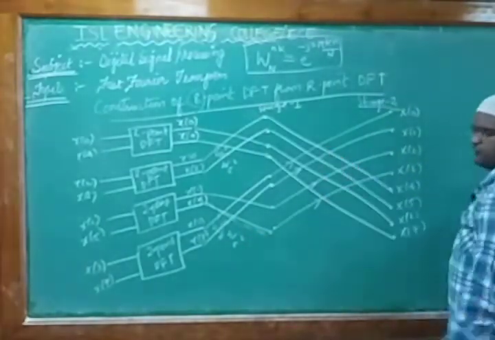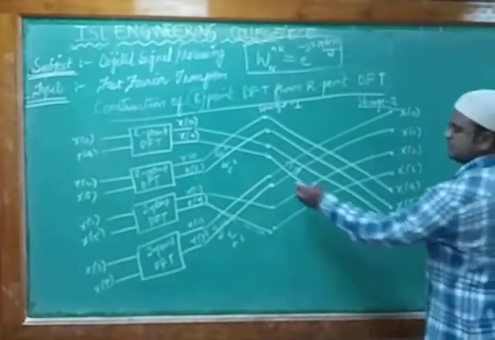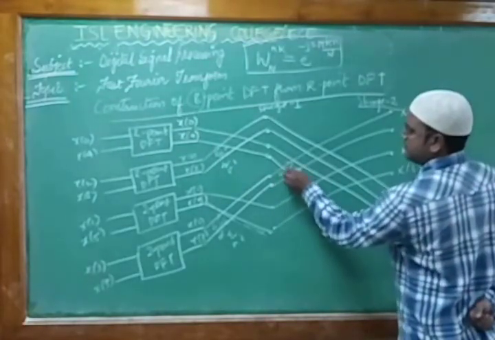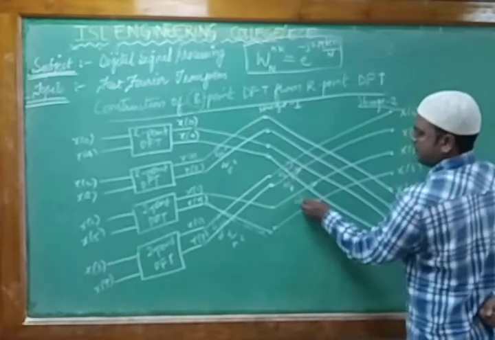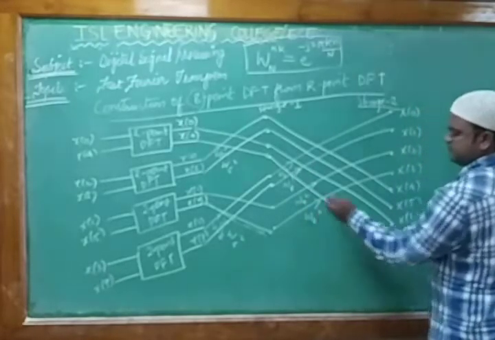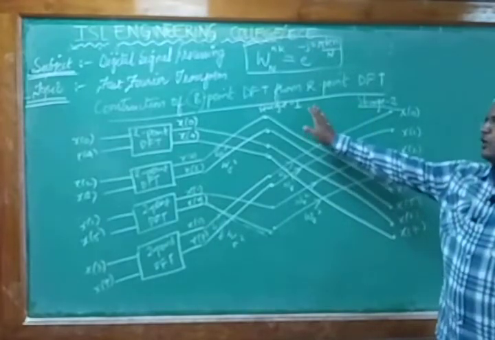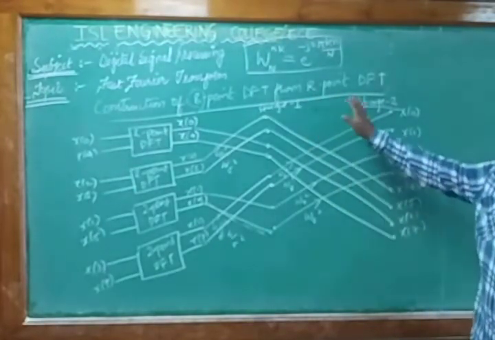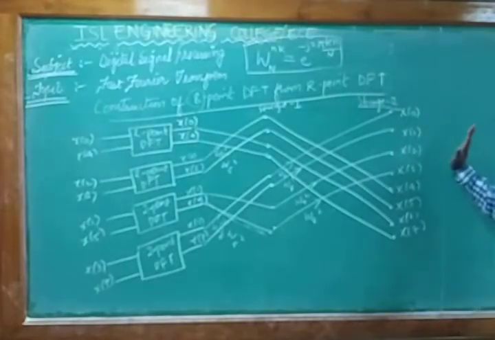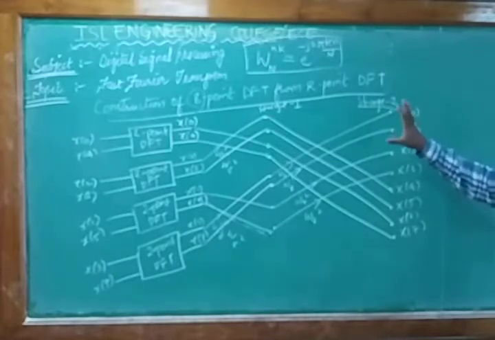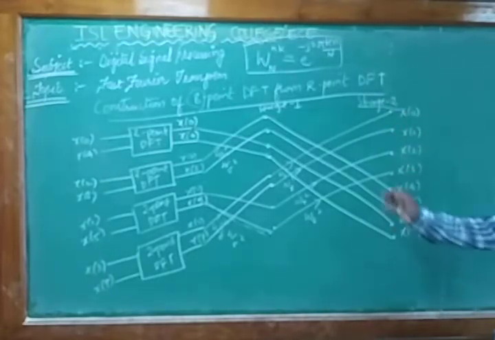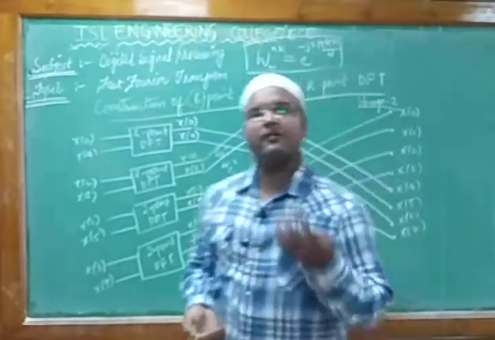Here, since we are taking 4, 4 means 0 to 3. So what will we write for this? W8 of 0, W8 of 1, W8 of 2, W8 of 3. We write all this weighting sequence for the feedback path. These are nothing but the feedback path. So this is how you have designed the construction of the 8-point discrete Fourier transform from the 2-point discrete Fourier transform. This is the exact flow graph or butterfly diagram for designing that particular discrete Fourier transform. So this is the way you can design the 4-point DFT